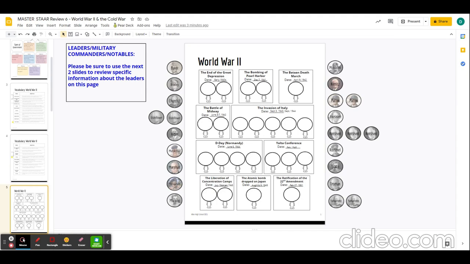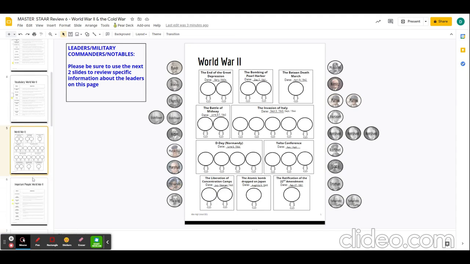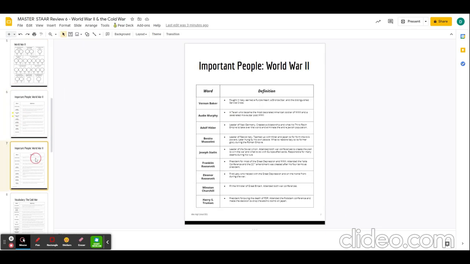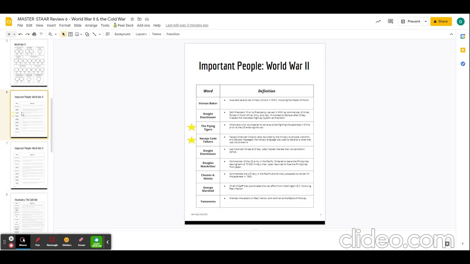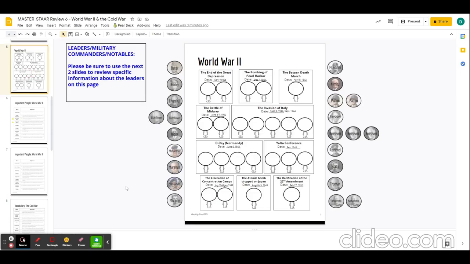So the people on this page, if you look at the next 2 slides, 6 and 7, and I'll highlight some of them in a second, why they were important, what countries they were from, how they contributed to the war, those are defined on the next 2 pages. So please be sure to use those as a reference to learn more about these leaders. If I put little boxes for each leader on the screen, it would be a hot mess at the end and probably of very little value as a study tool to you. So we'll sort them first and then review why these leaders were significant as we go along.